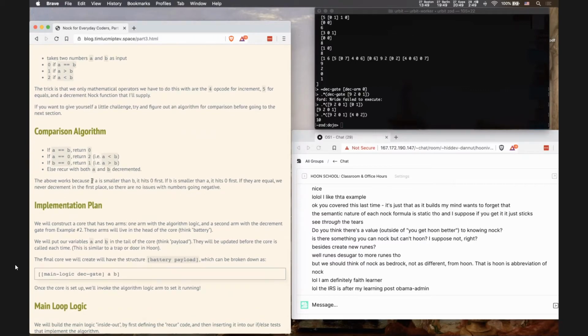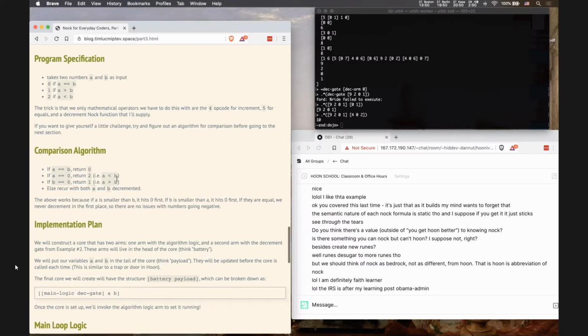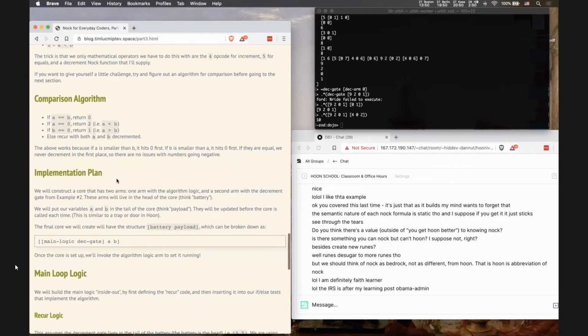So the only mathematical operators we have to do this with are the 4 opcode for increment, 5 for equality, and we'll use the decrement function from earlier, the gate that we made. So the algorithm is actually pretty simple. We'll just take a second and look at it. And if someone was going for this, they could do it as an exercise, but I'll just say it here,